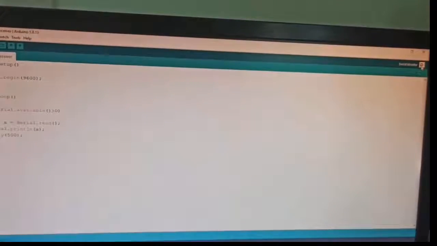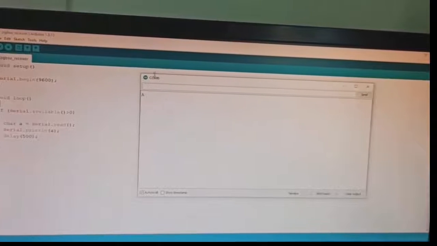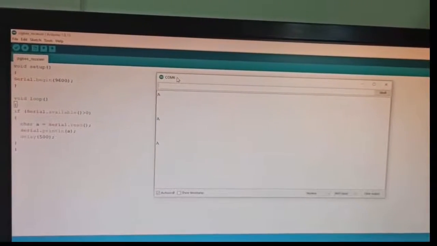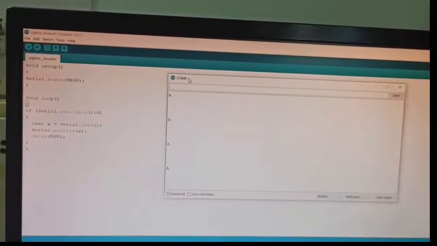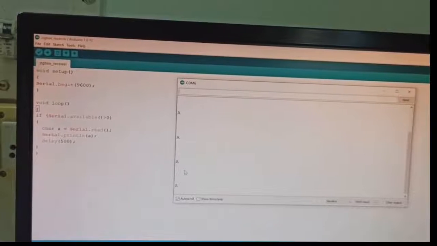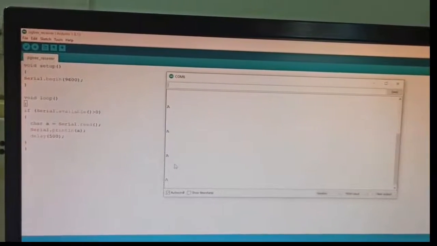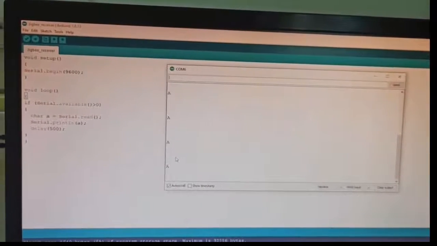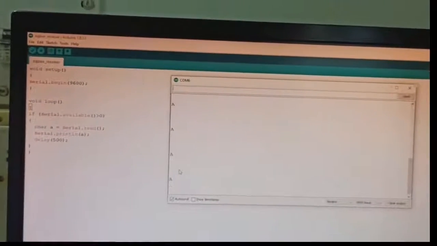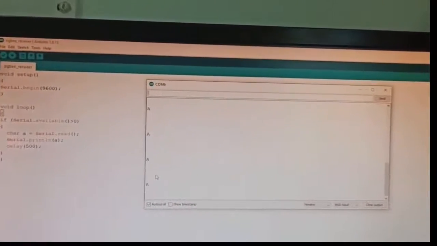So this is the serial monitor. See here, we are on COM6 only, and we are getting the data. So on COM3 we are sending the data, on COM6 we are getting the data. So this is the operation of the ZigBee. Like this we are able to send and receive the data.